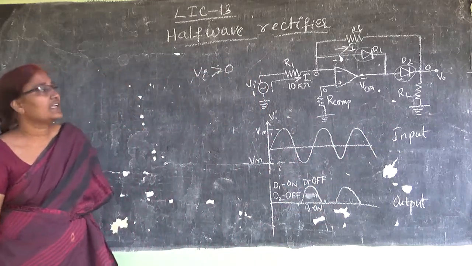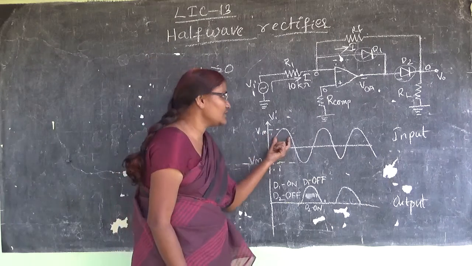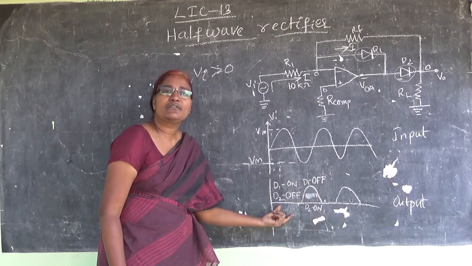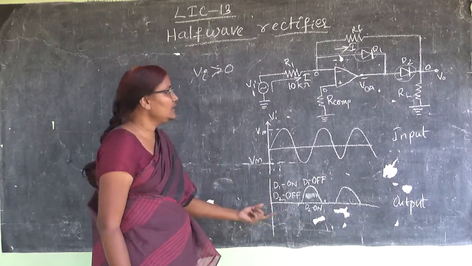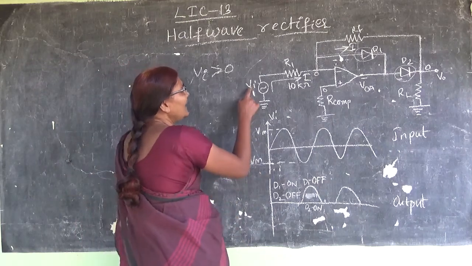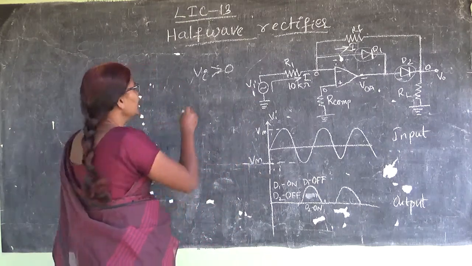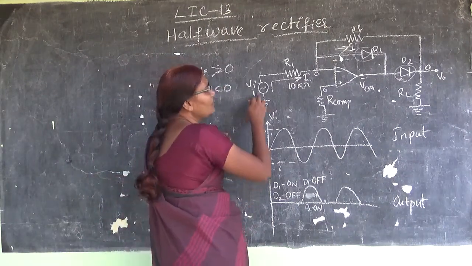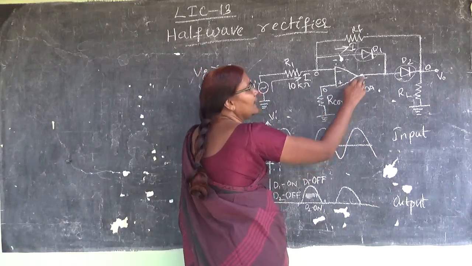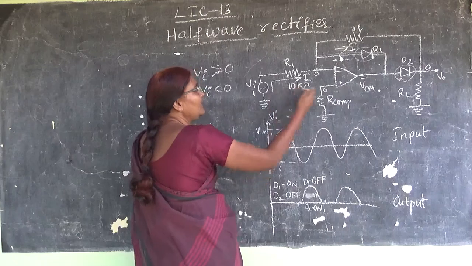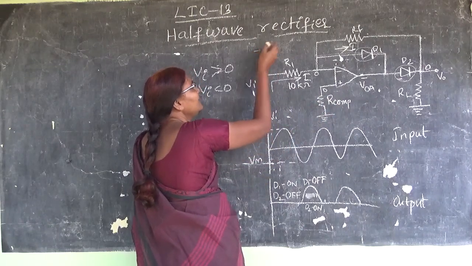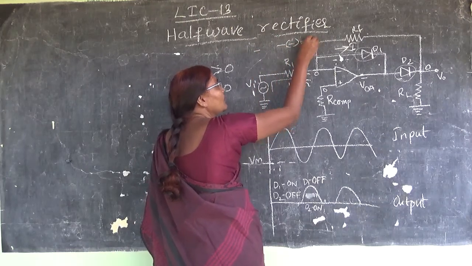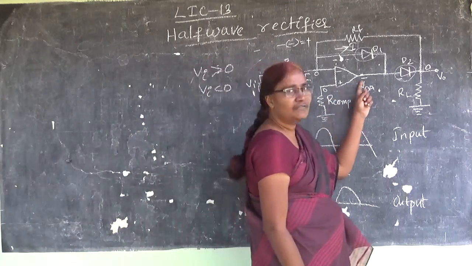So what we can observe here is that during the positive half cycle, that is if Vi is greater than 0, no current will flow at the output. Understood? Next, if my Vi is less than 0, that means if my Vi is negative, what happens? So my output will be negative of negative. Whatever input I give, the inversion of that. If I give a negative input, the inversion of negative will give positive. So I will get a positive output here.